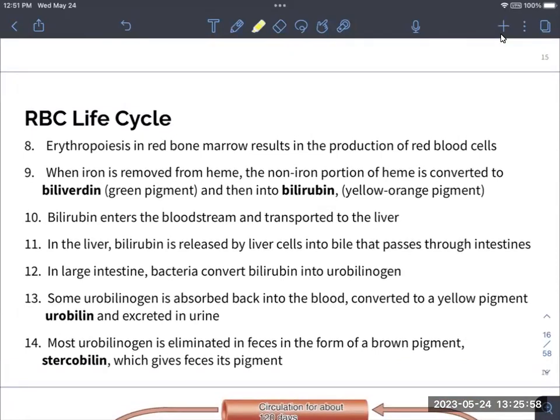So we just took our iron that we took off of a red blood cell. It was stored in that ferritin. It moved back to that transferrin to be taken to the red bone marrow. Now we're going through erythropoiesis. So we're making new red blood cells. As we're making new red blood cells,